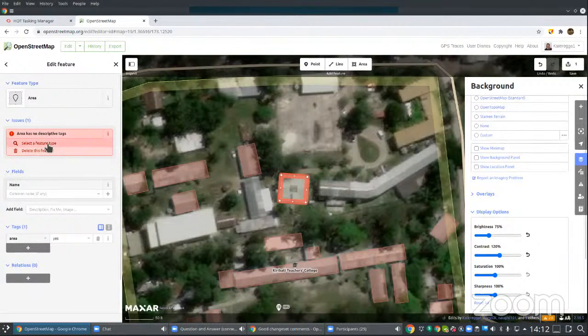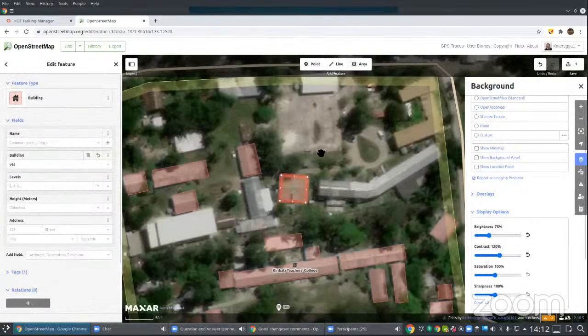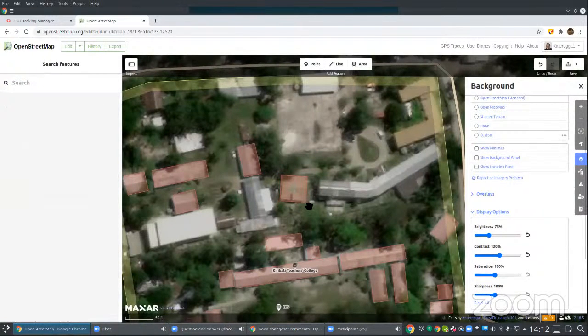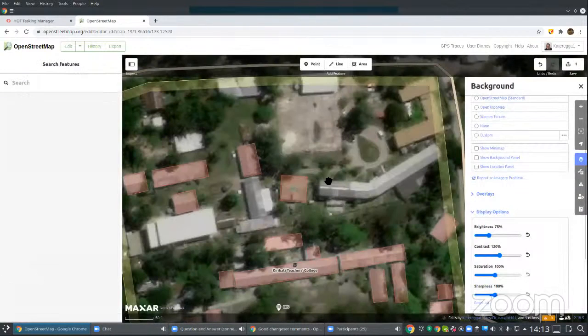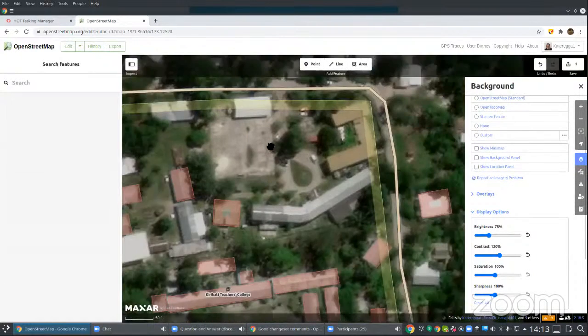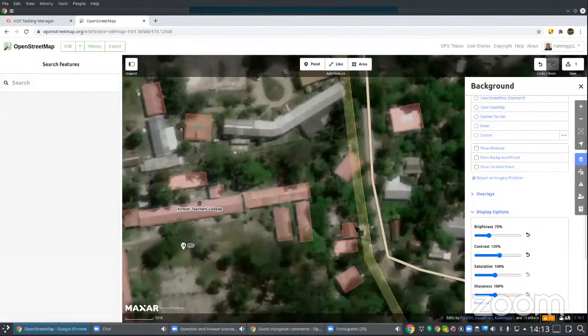It gives me two options. You can either select a feature type, or you can delete this feature. So I'm going to go ahead and select area and then building. Right now, if I try to save my feature again, it will not complain because I have added the tag. The other warning or issue that you may face is when you try to